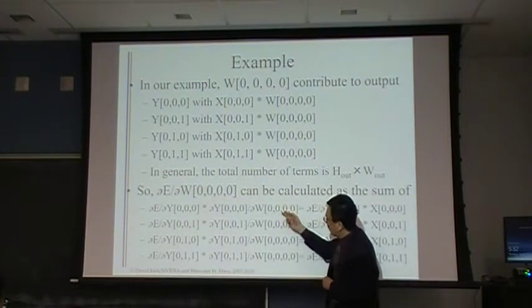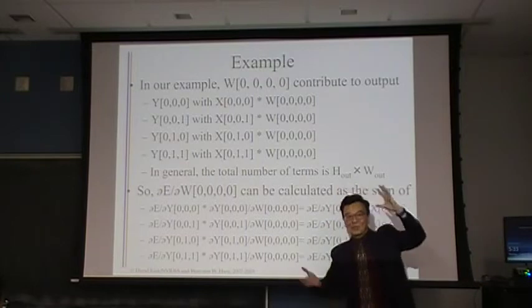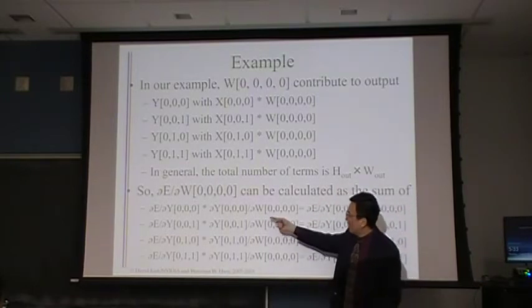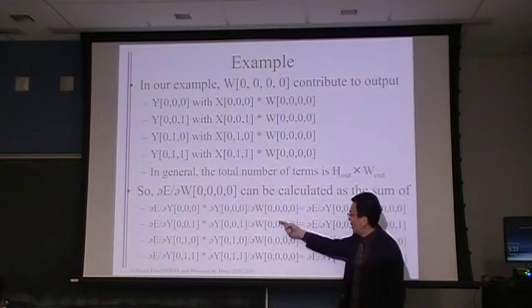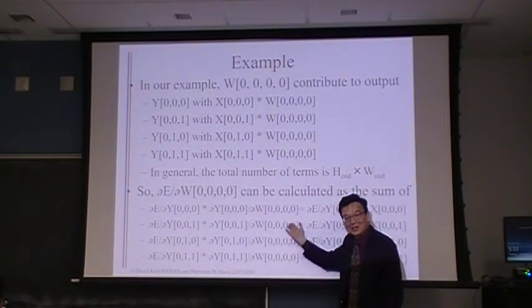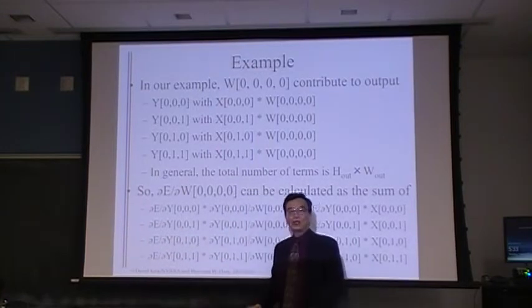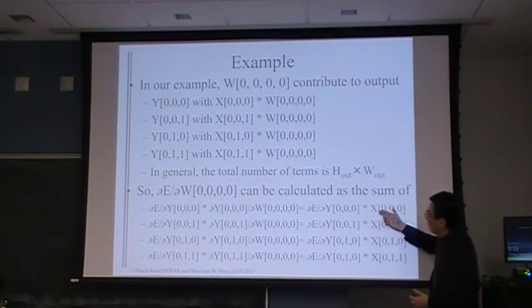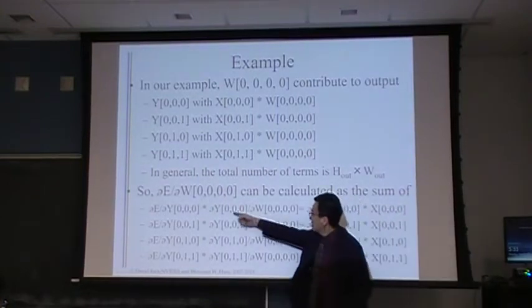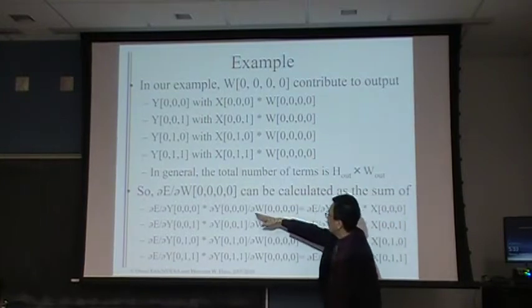So if I have a 1,000 by 1,000 output feature map, I'm going to have 1,000,000 of these paths for W00 to influence the error, right? So I need to count, and each one will come down to, what is this? Remember, W00 is influencing